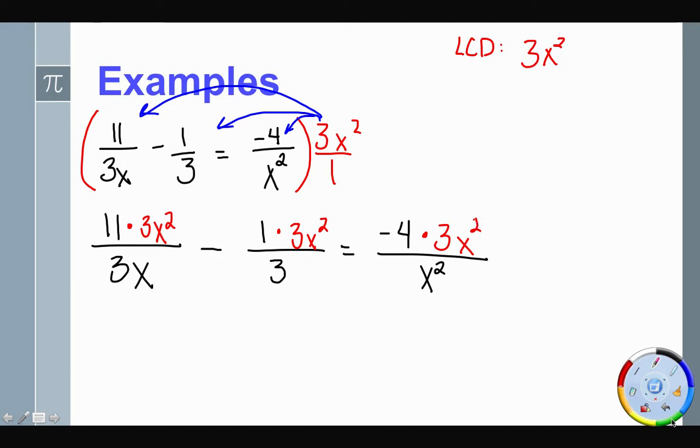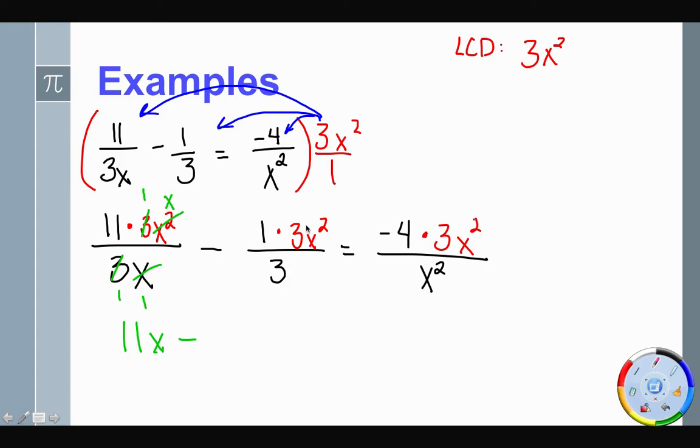If you remember, that last slide said once we distribute, we're going to simplify. Now, this is stuff we did also in one of our previous lessons where we simplified rational expressions. Both of those lessons were leading to this particular lesson. So here we're going to cancel our 3's. Those become 1's. This x cancels with this x, but it's left with an x to the first. So here in this fraction, I have 11 times x and just 1's in the denominator. So I get 11x